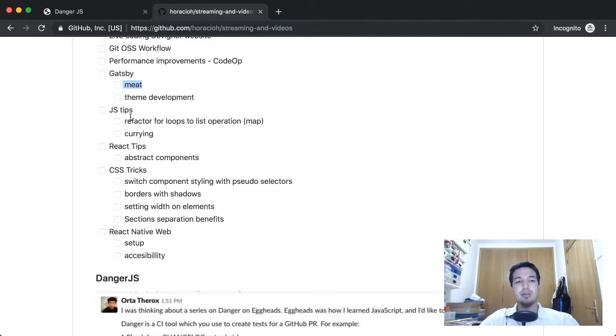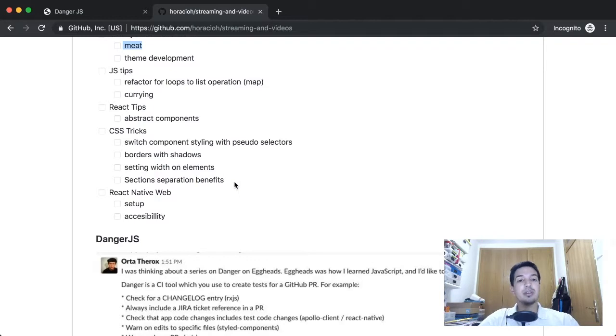So I might do a series about JavaScript tips, also React, of course, and another thing that I really enjoy doing is CSS. Actually, this is how I started my development career. Well, if you say CSS is a programming language, well, this is how I started,